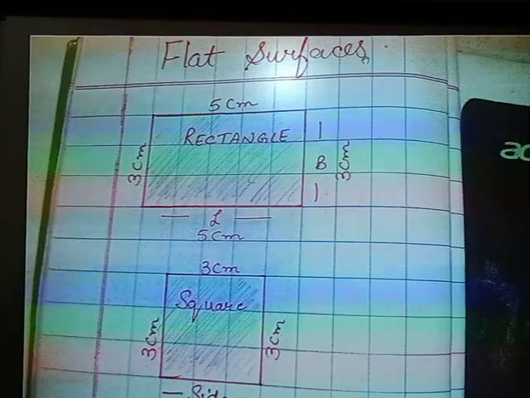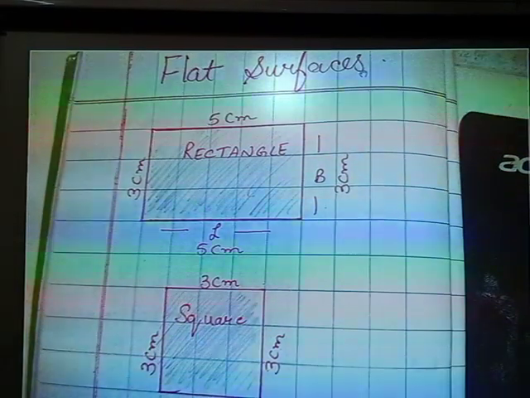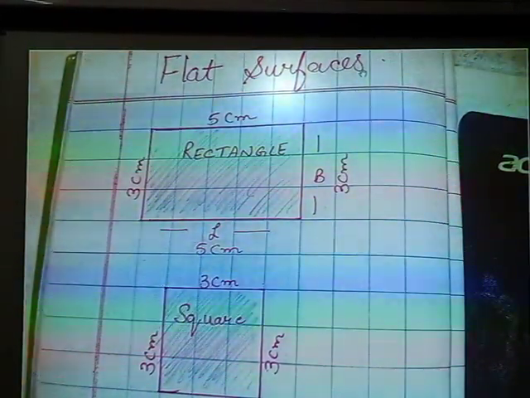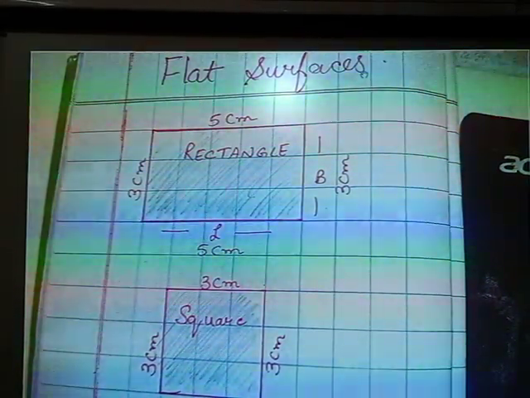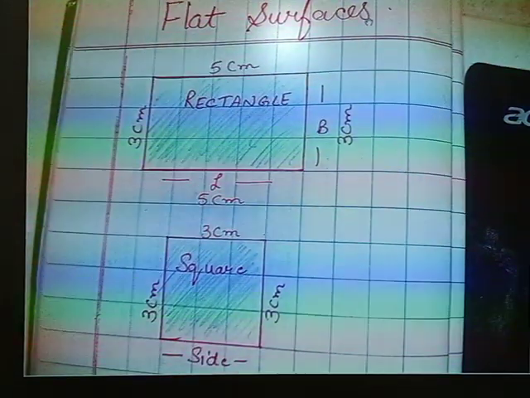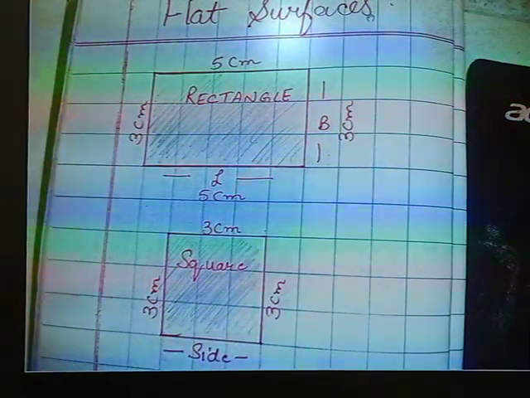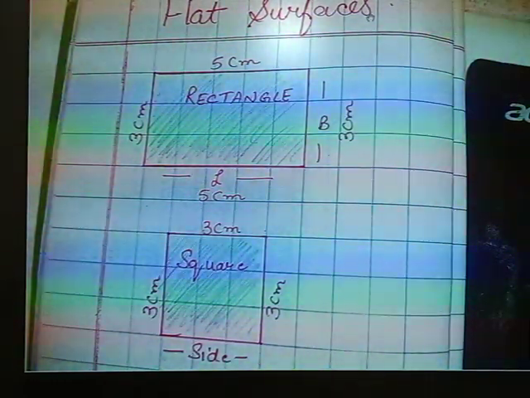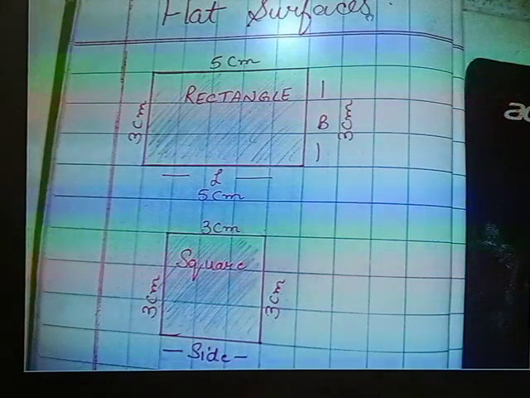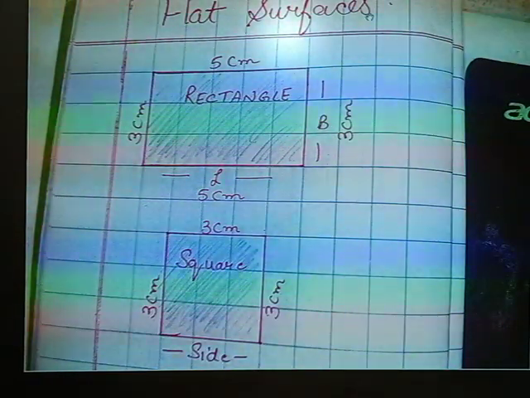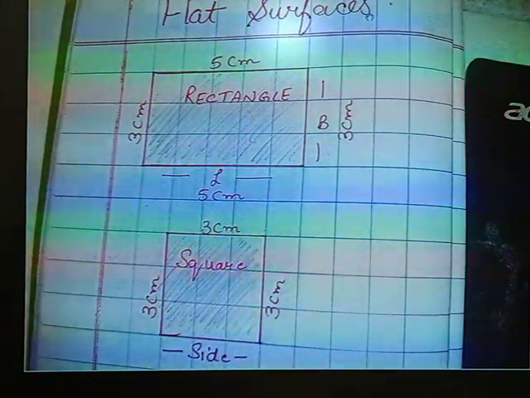So let us discuss the region which is called area, that you can see in the picture, the shaded region inside the rectangle. First the rectangle is made. Inside the rectangle, the shaded portion will be called the area of the rectangle. Now if for example its length is 5 cm and breadth is 3 cm, then what will be the area? As we have done in the formula, area will be length multiply breadth. So area of this rectangle which is shown in the figure is 5 multiply 3, which is equal to 15 cm square. Area always comes in square units. So 15 cm square will be the answer.